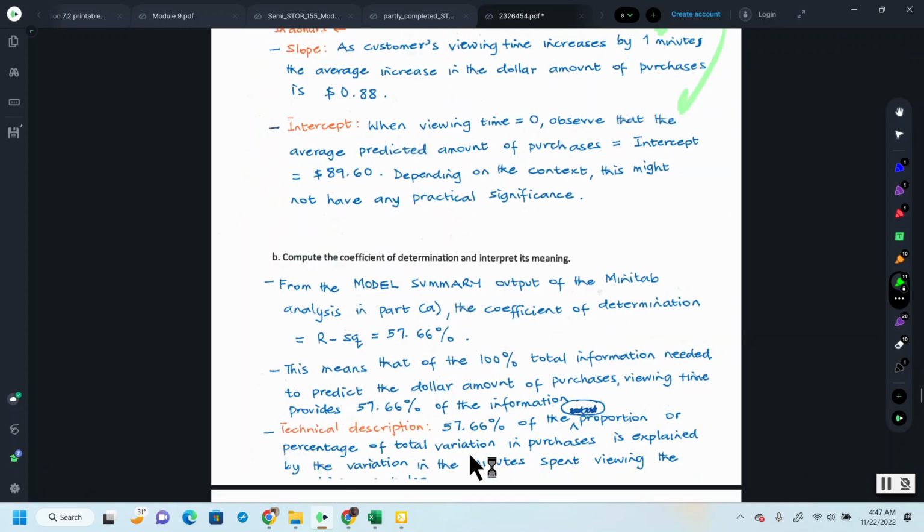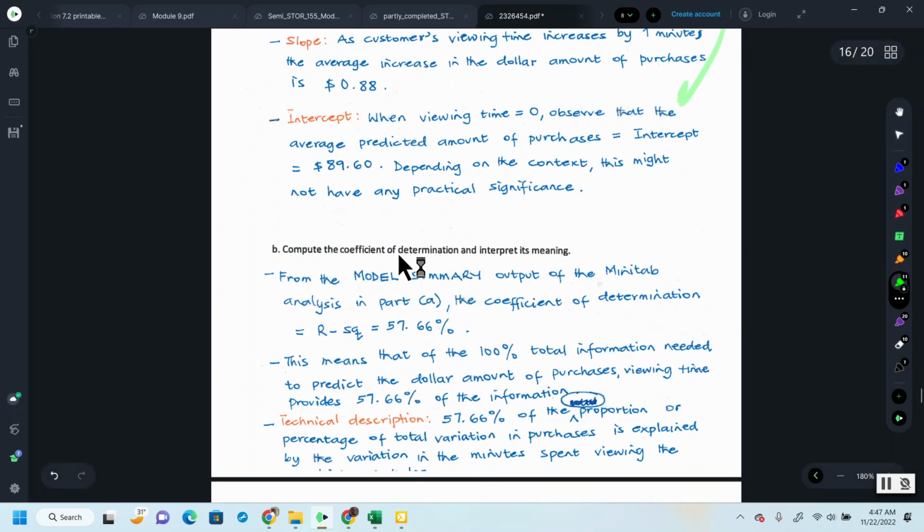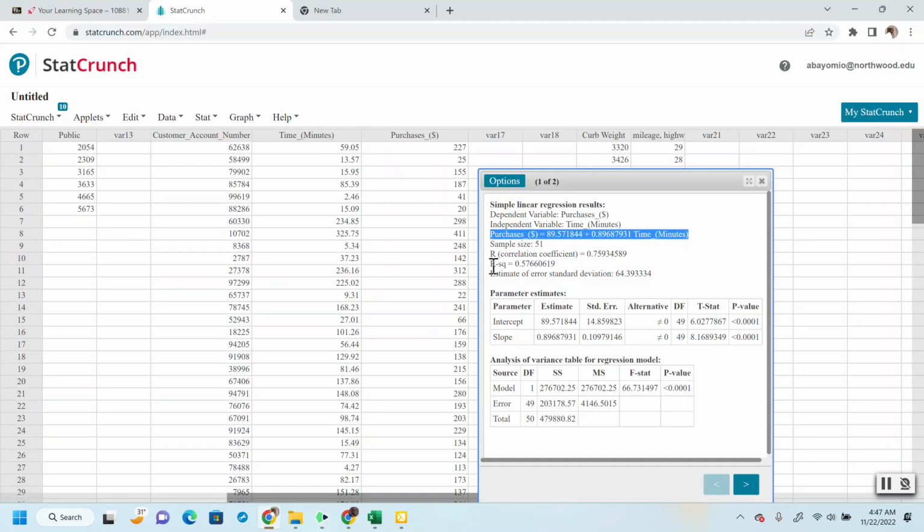We proceed to the next part of the question. Compute the coefficient of determination and interpret its meaning. Let's go back to StatCrunch. The coefficient of determination is your R squared. That is the sample correlation coefficient squared. And when we do that, you have 0.57666. If you multiply that by 100%, you have